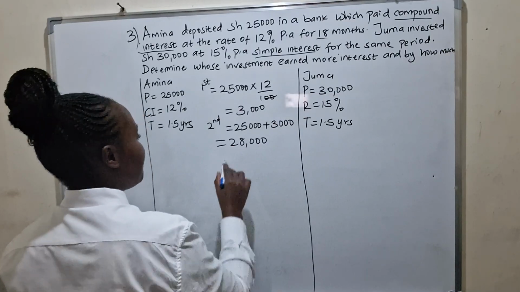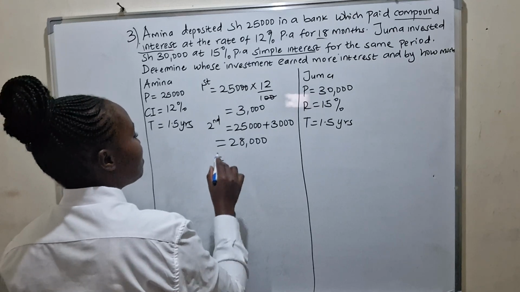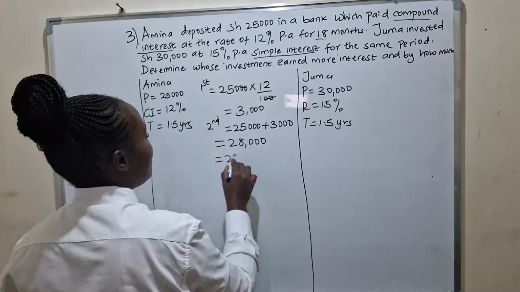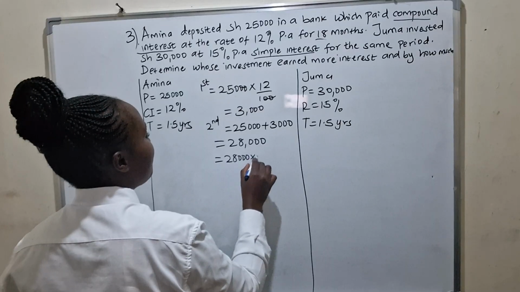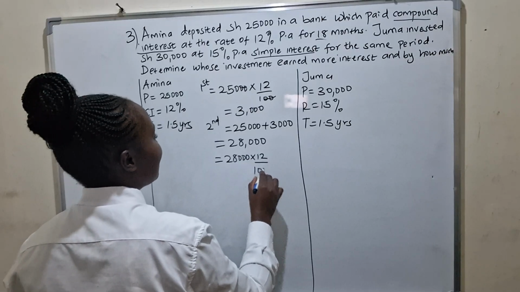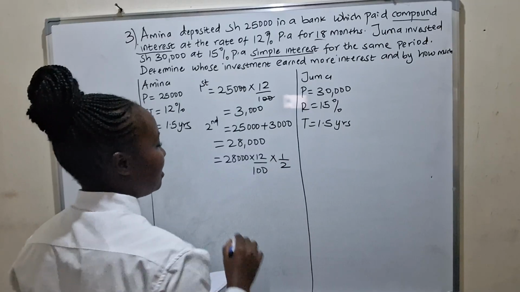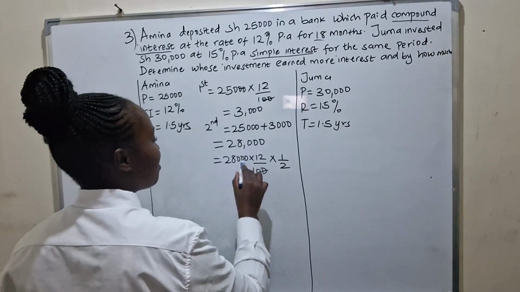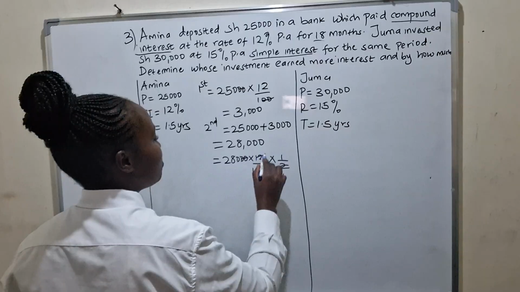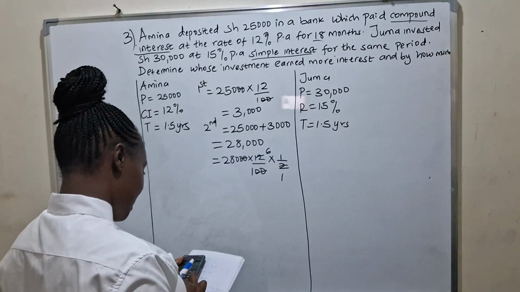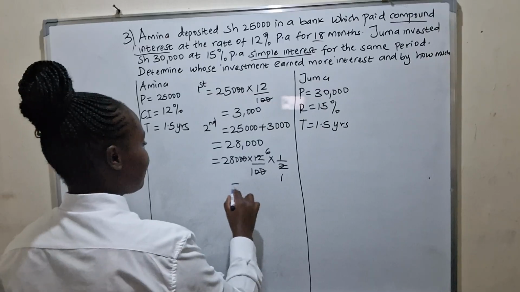Do you understand? So we find the interest for the second 6 months on 28,000. We multiply by 12 over 100, but then by half a year. So 0 goes by 2, 1 by 2, 6. So we have 280 times 6 to give us